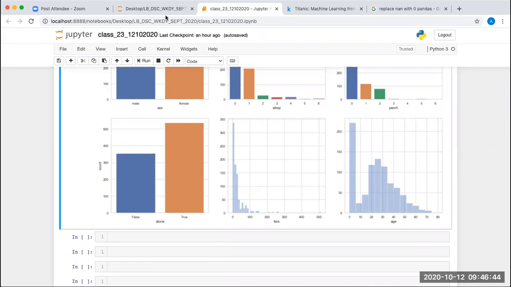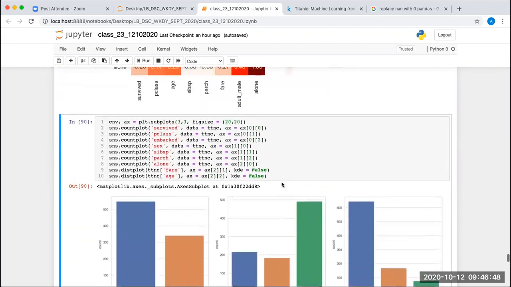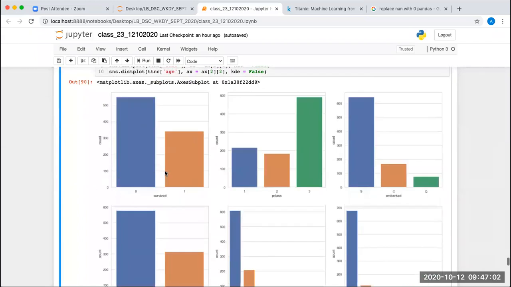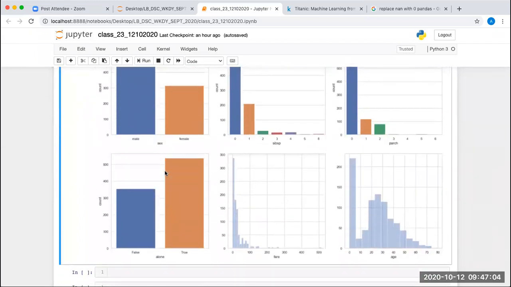Okay, so done, right? Now someone was asking a question related to this. Abhishek, yeah. On the second last plot that we did for fare, if you go to the plot, it is still very congested. I'm not asking you to increase the size of this plot.